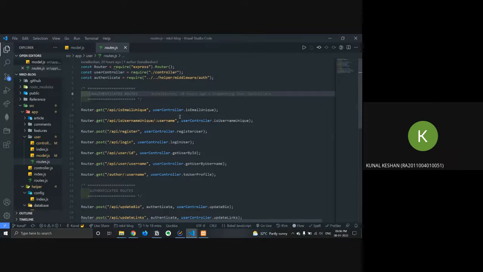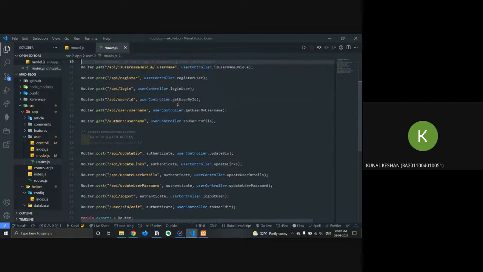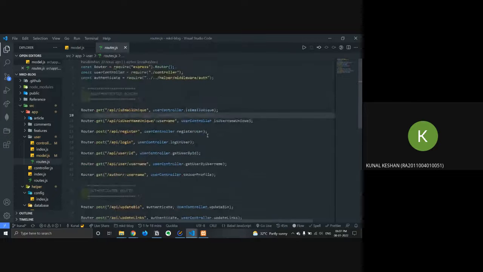In my routes I have API/isEmailUnique, and I'm just passing in that function over here. When I pass it in like this, it automatically passes in the request and response objects to this user controller. These are all defined, but they are all untested.